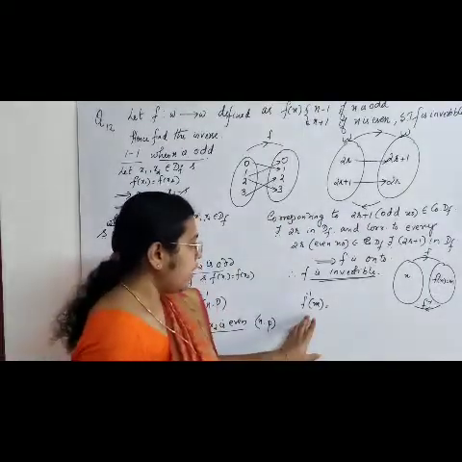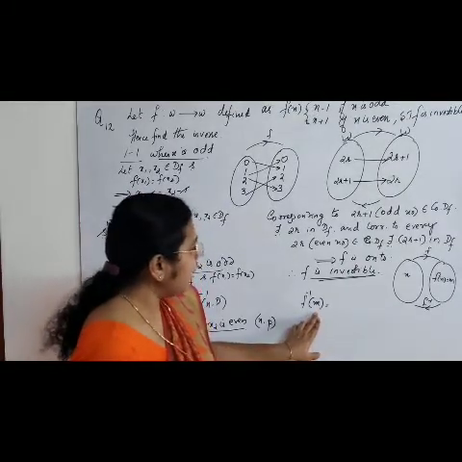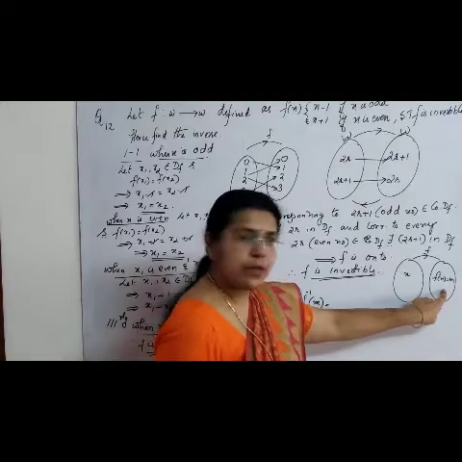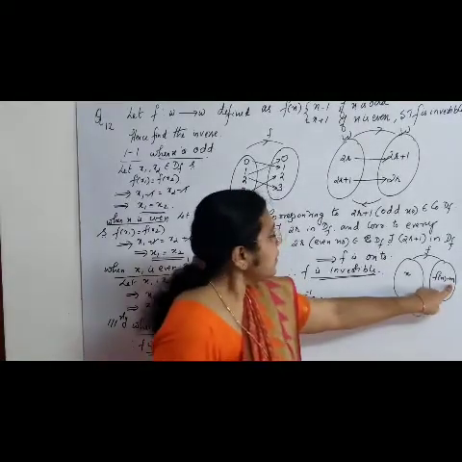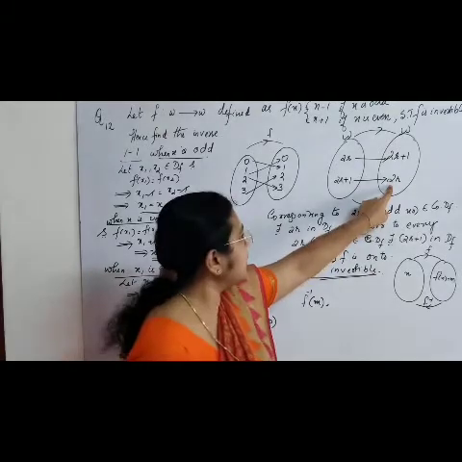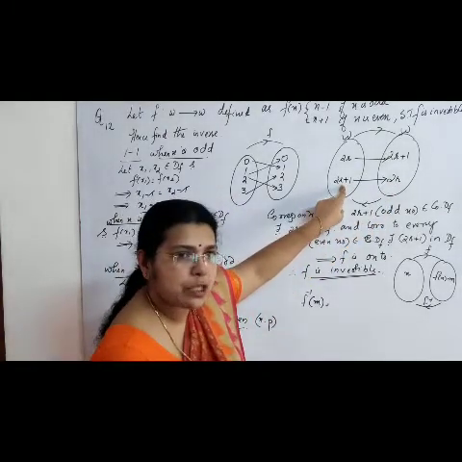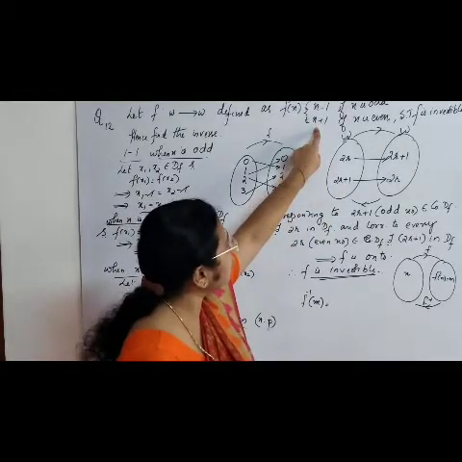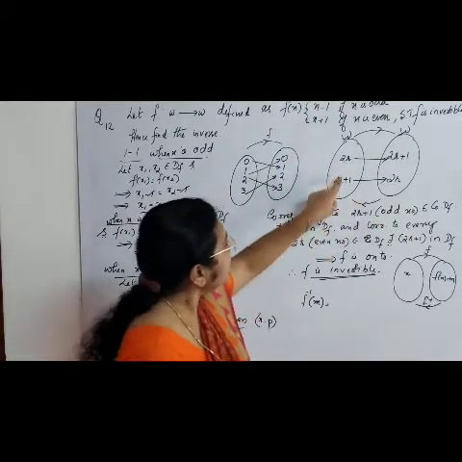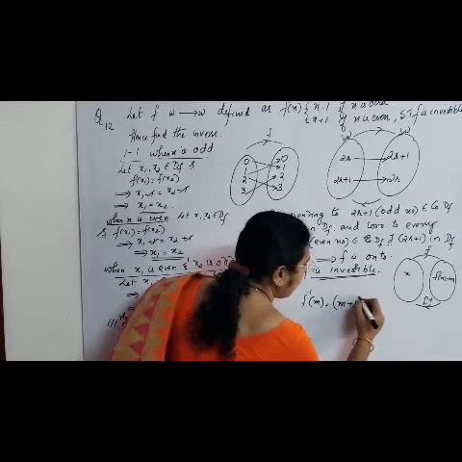Let's see what is f inverse of m. F inverse of m, where this m is in the codomain. When m is even, 2r, right? When m is even, you are getting it as 2r plus 1, that is m plus 1. See, m plus 1. So when m is even, it is m plus 1.